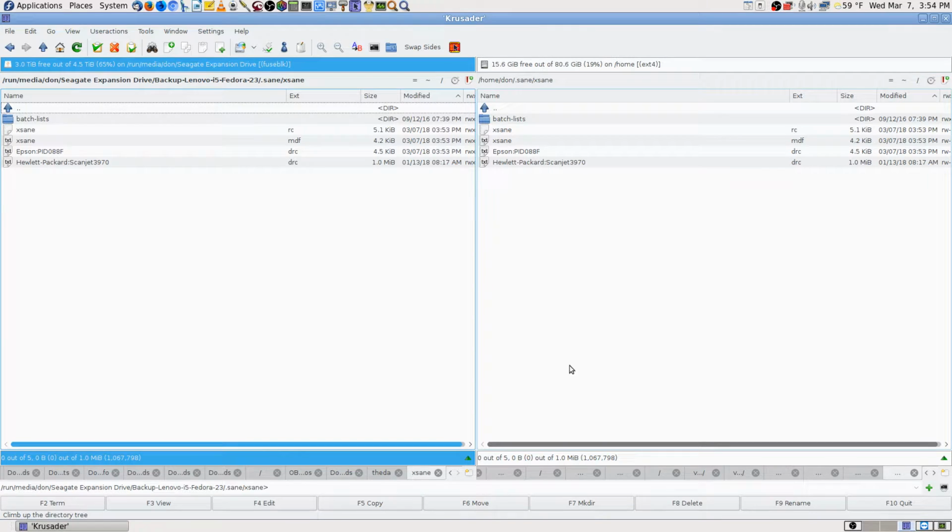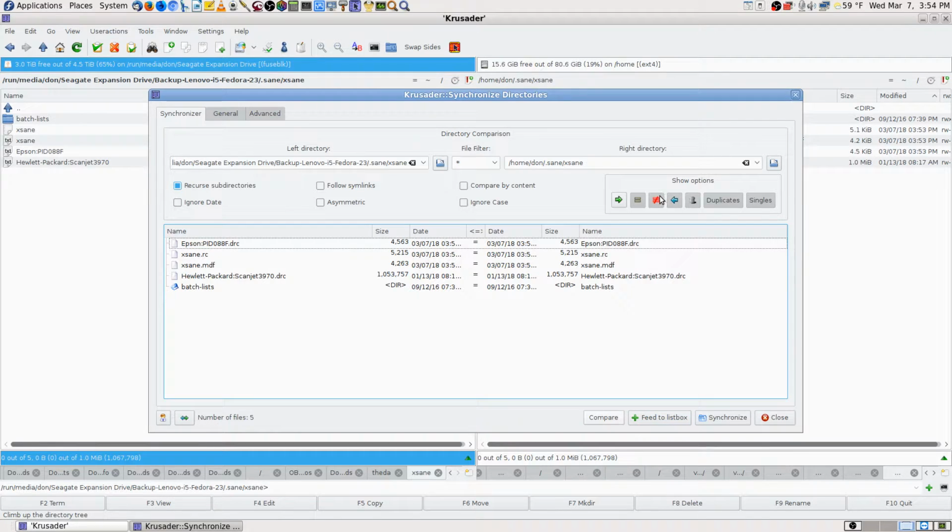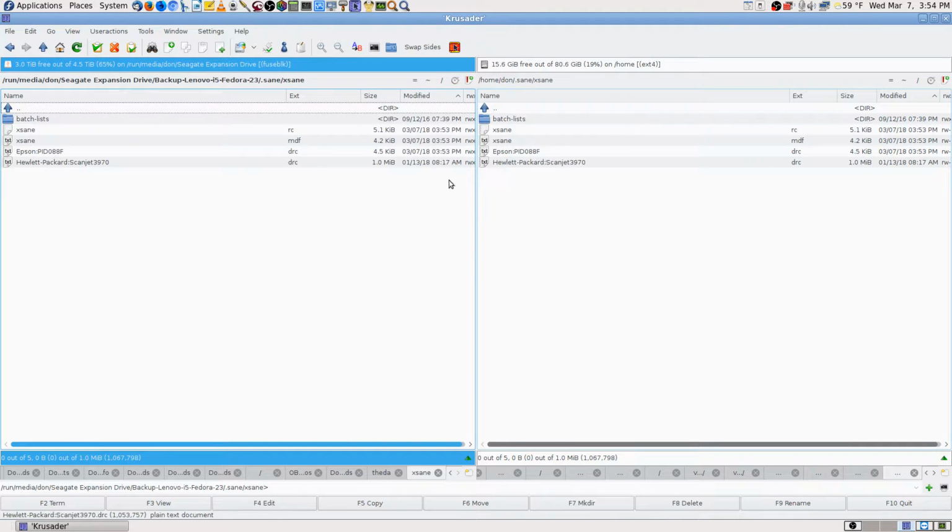I don't know why it has changed. Maybe because it may change all the time, but I didn't write both ways, did I? No, I didn't. Right to left. Okay. Me on right, backup drive on left. Okay, so that should be